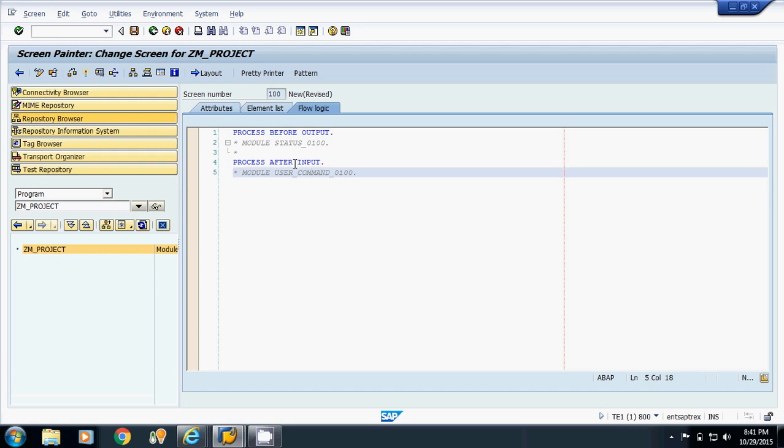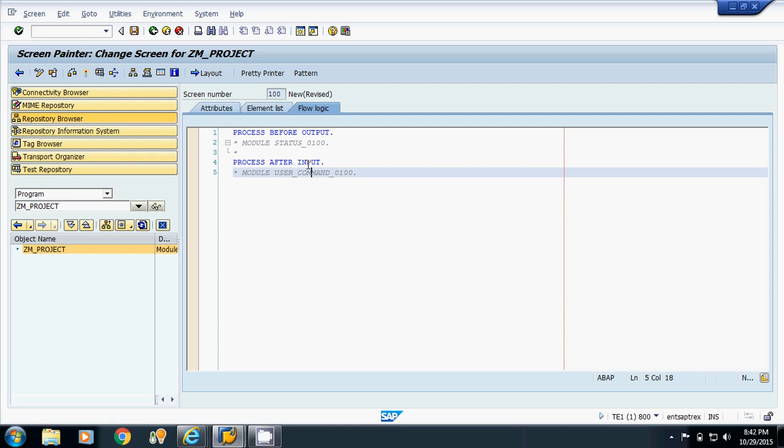Now we have two more events in module pool, process on value request and process on help request, called POV and POH. What is process on value request? This event is called whenever you press the F4 button on any input field.